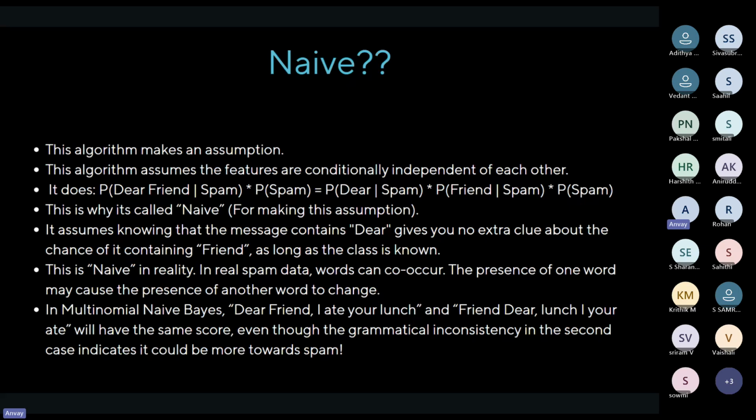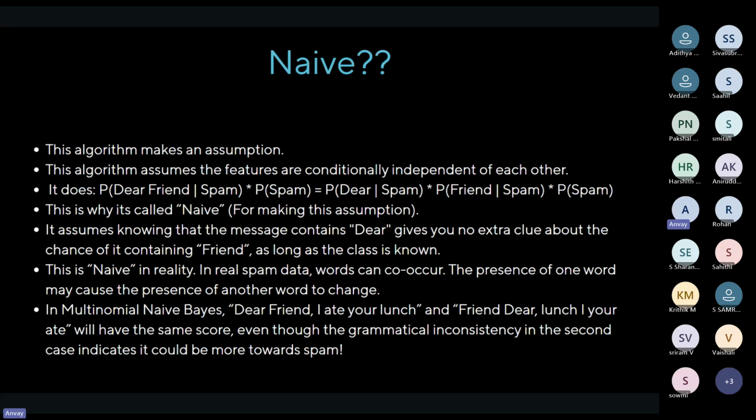And you can say it's a very weird assumption, because in real spam data sets, a lot of words can co-occur, right? If we have one word, there is a possibility of other words occurring. For example, if my spam data set has the word "give", then we can say in some sense that the word "money" should be present in the data set, because "give money" could be something in a spam data set, right? And another reason why it's naive is because